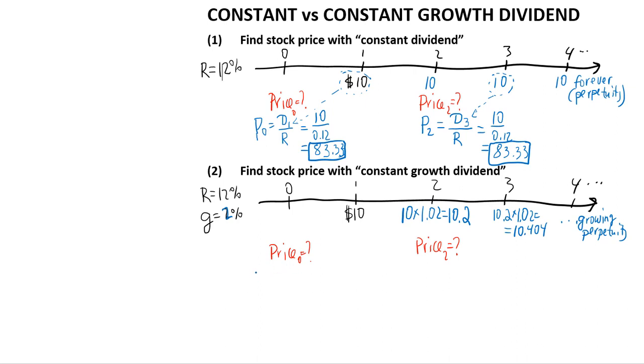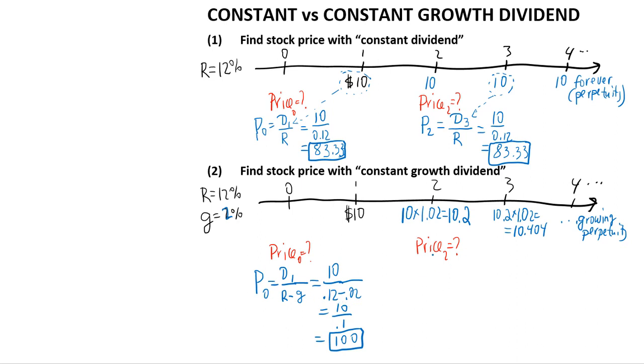Exactly the same approach. To find the price in year 0, we need to take the dividend in year 1 and divide by R, but this time we need to use the growing perpetuity present value formula, which is a little bit different. In the denominator, we put R minus the growth rate in dividends, R minus G, so 12% minus 2%. Okay, so we do 10 divided by 0.12 minus 0.02, which is $10 divided by 0.1, and that gives $100. That's the price